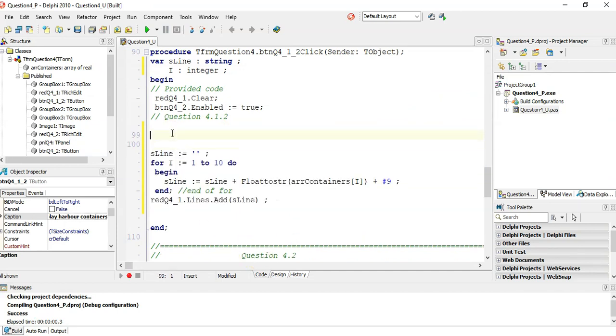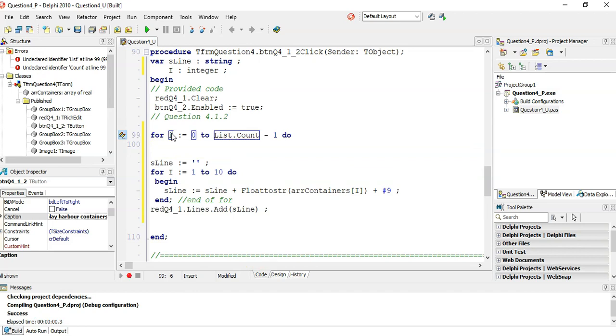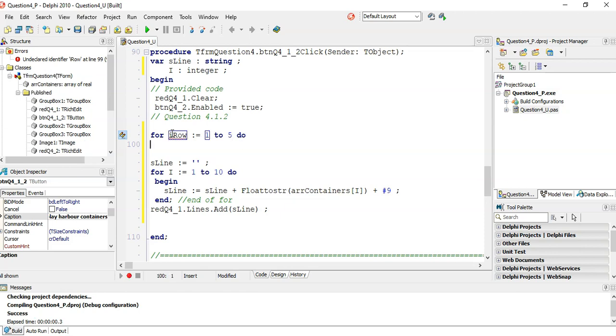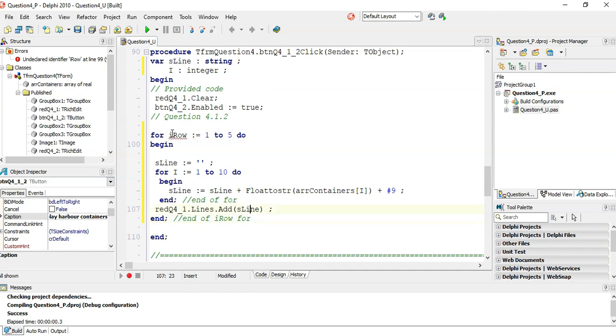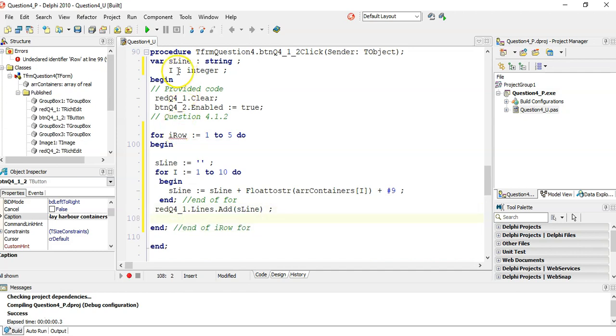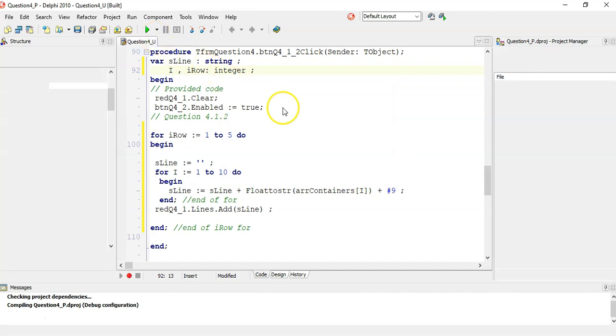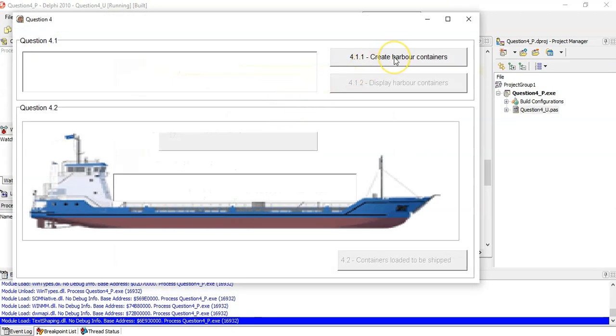So I'm going to have a for loop over here for the row. I'll call it our row. That goes from 1 to 5 because we're going to do this 5 times. And let's go begin. And then I can add all these things in a little bit just so I can see the difference of what's happening. And that's the end of the R row for loop. Okay, so there we go. So let's do that 5 times, and we must obviously declare our row as an integer, sorry. So let's do that. I know that's not going to work, but let's just see what it does for interest's sake. Display it,